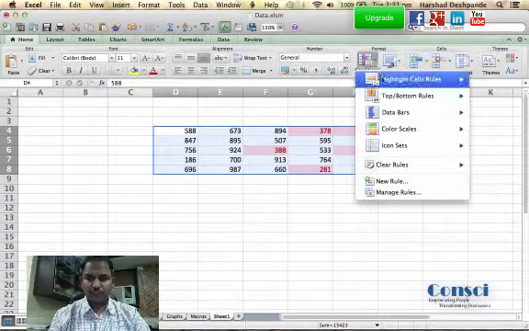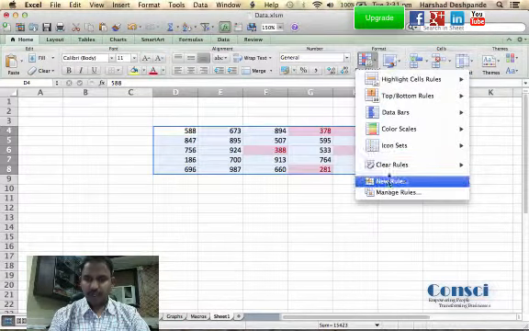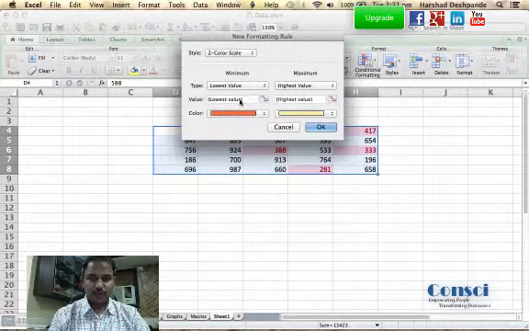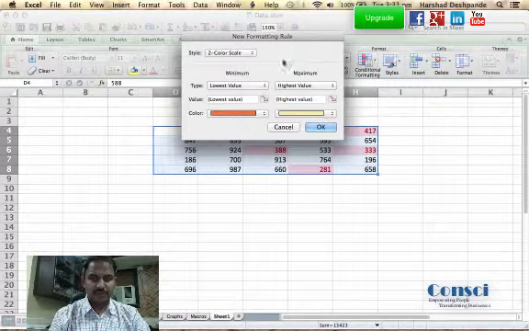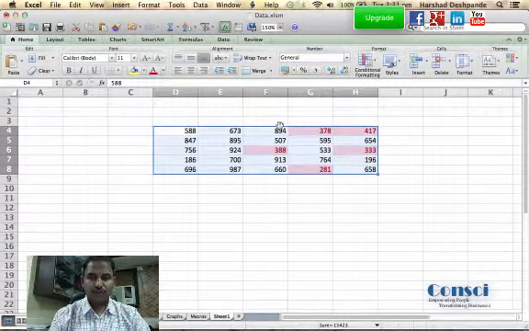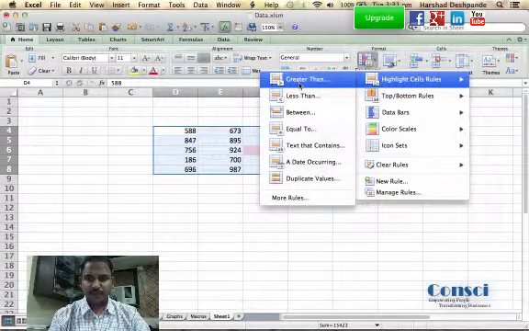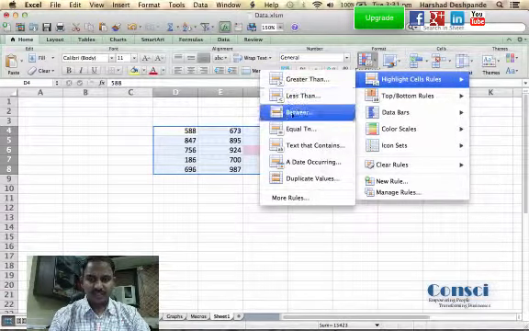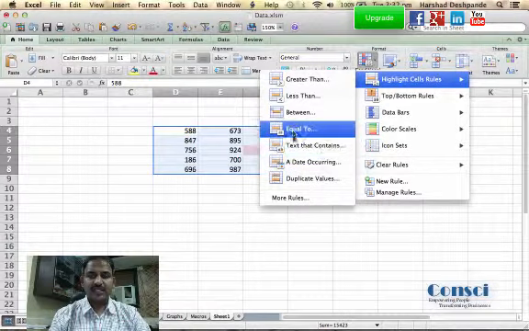Now there are a lot of other options over here which you can explore at length on your own. You can actually write your new rules as well by going over here, and choose what category of numbers you want, whether you want a 2-color scale, 3-color scale, data bars or something else, which color you are specifically looking for, and so on and so forth. So this is what you can explore on your own. Now it also has some other aspects, highlighting cell colors which are greater than, less than. We already saw between, equal to, text that contains. So one of the applications that I'm going to share with you is about text that contains.